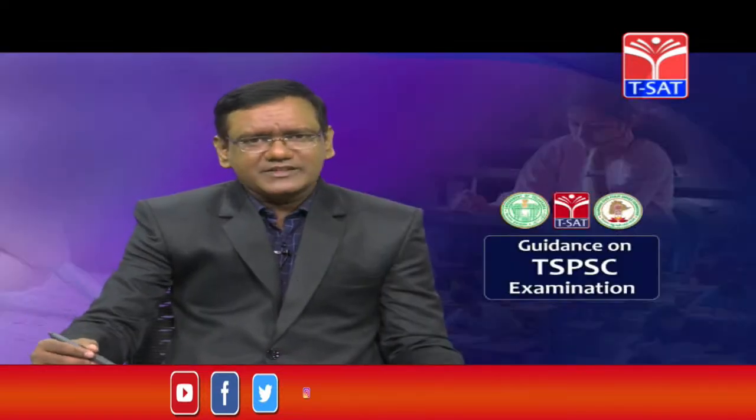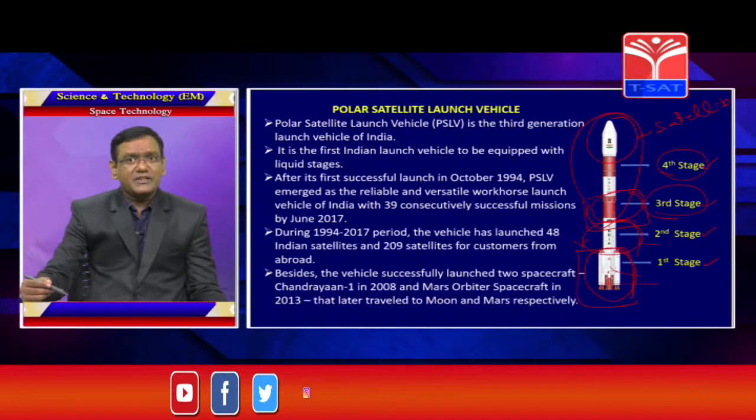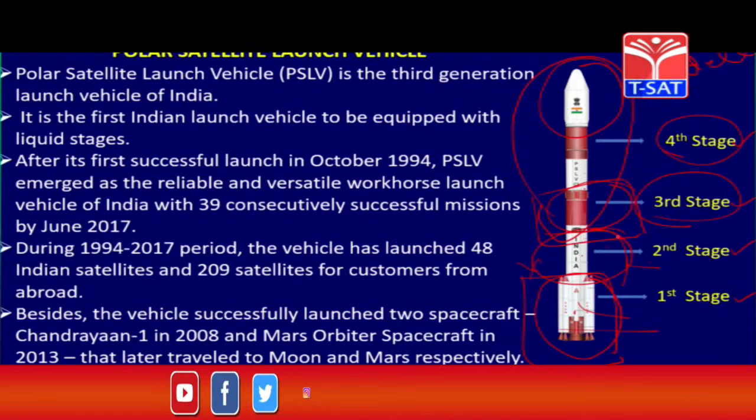As the weight decreases, it is easy to achieve a high speed and more power. So that is the reason why we have 4 stages in this. So this is the final stage. In this final stage, once this is completed, it will get attached to the satellite itself, and the satellite